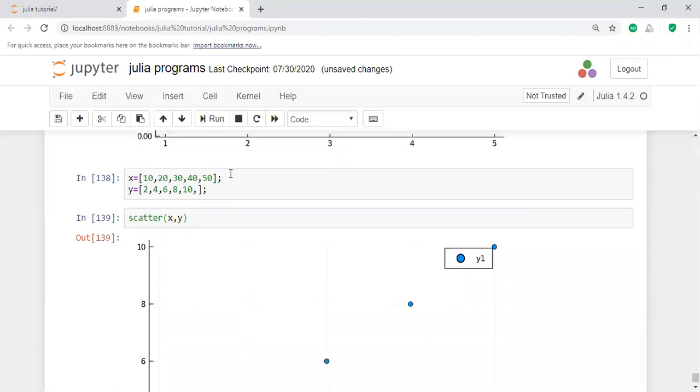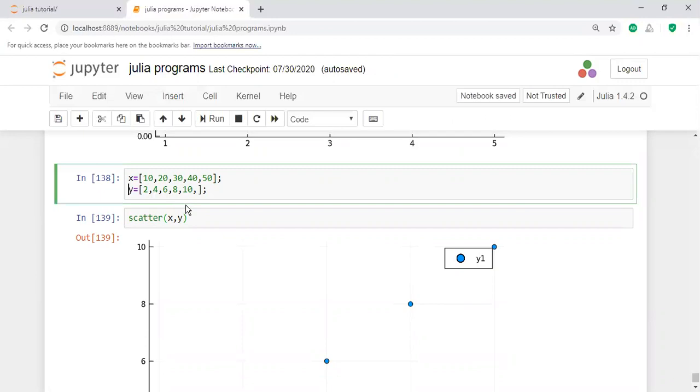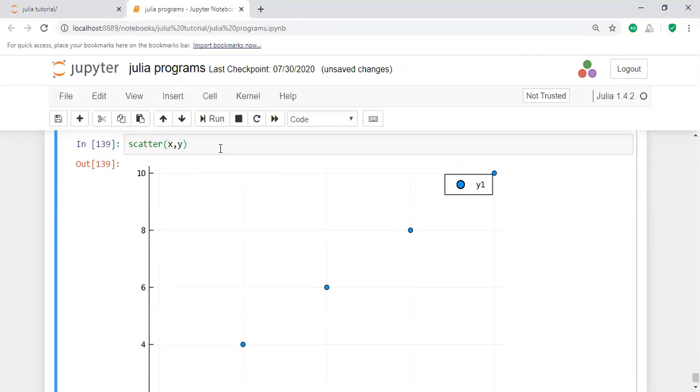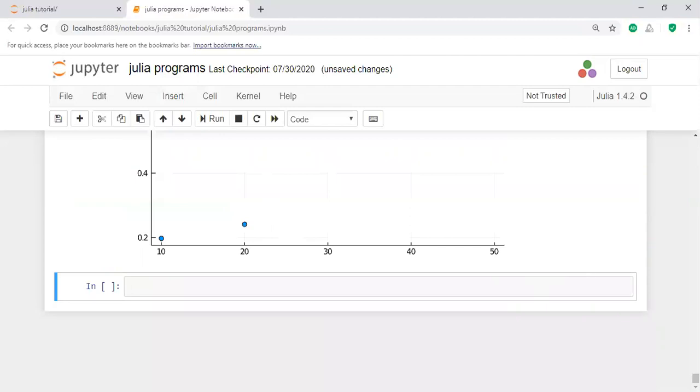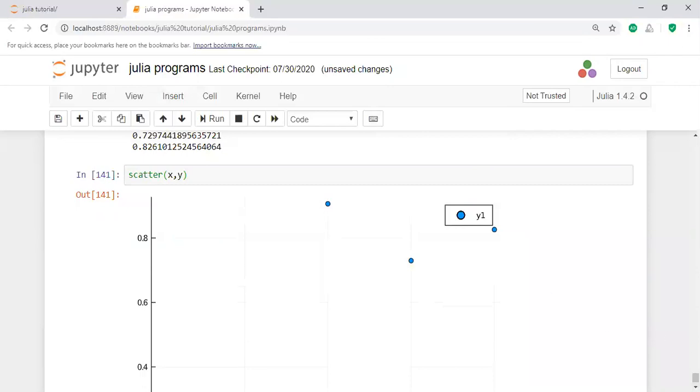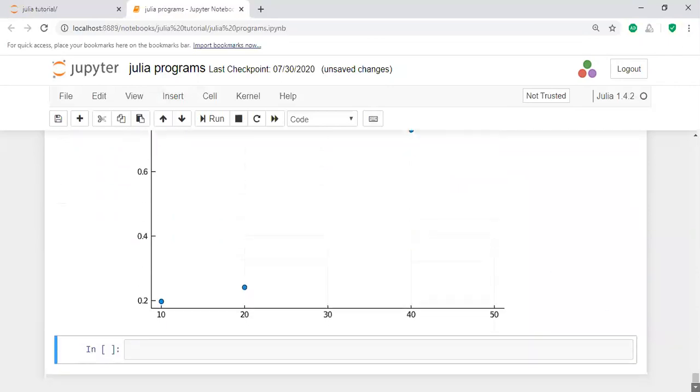Here, for example, instead of this y value, I am going to stop this y value. Here I am taking the y value as a random value, y equal to random of 5. Why? Because I am taking 5 numbers. Here if you apply the scatter for this, for the random values you are scattering the points like this. In this way you will get the scatter plot.